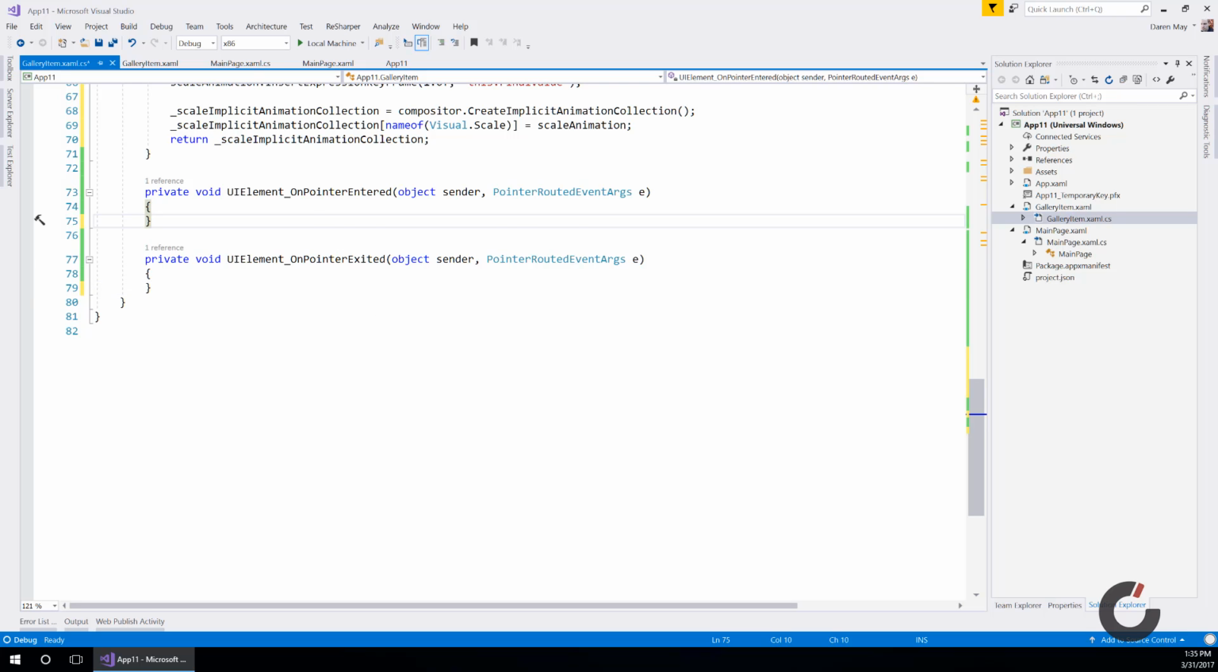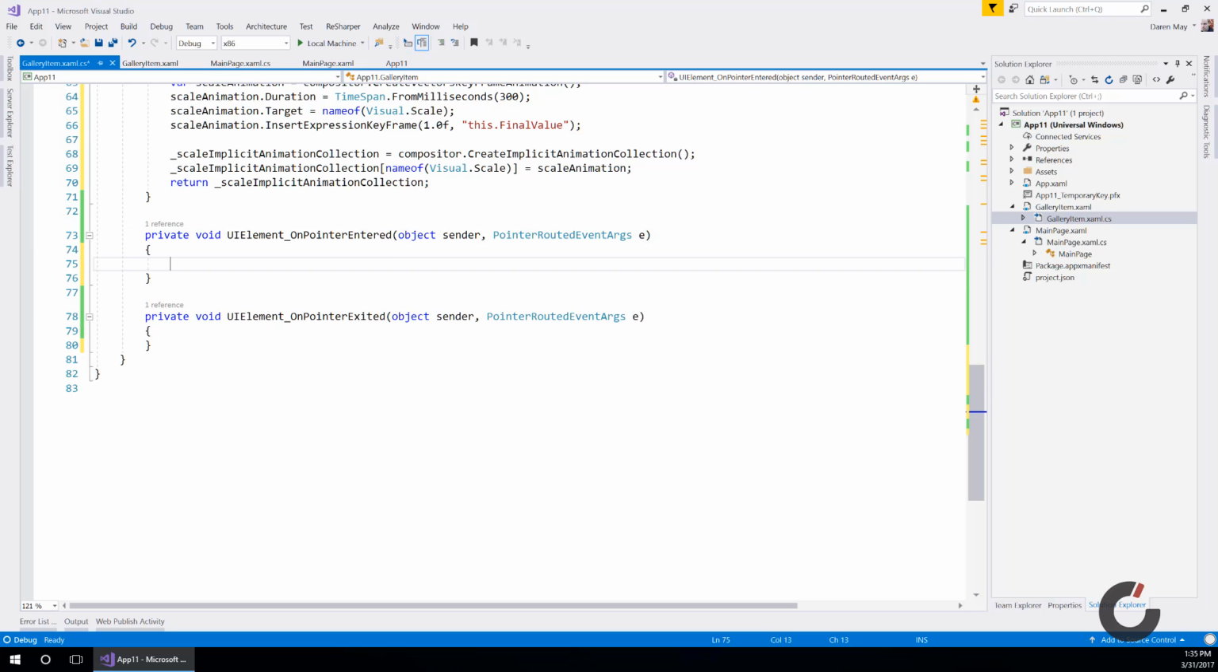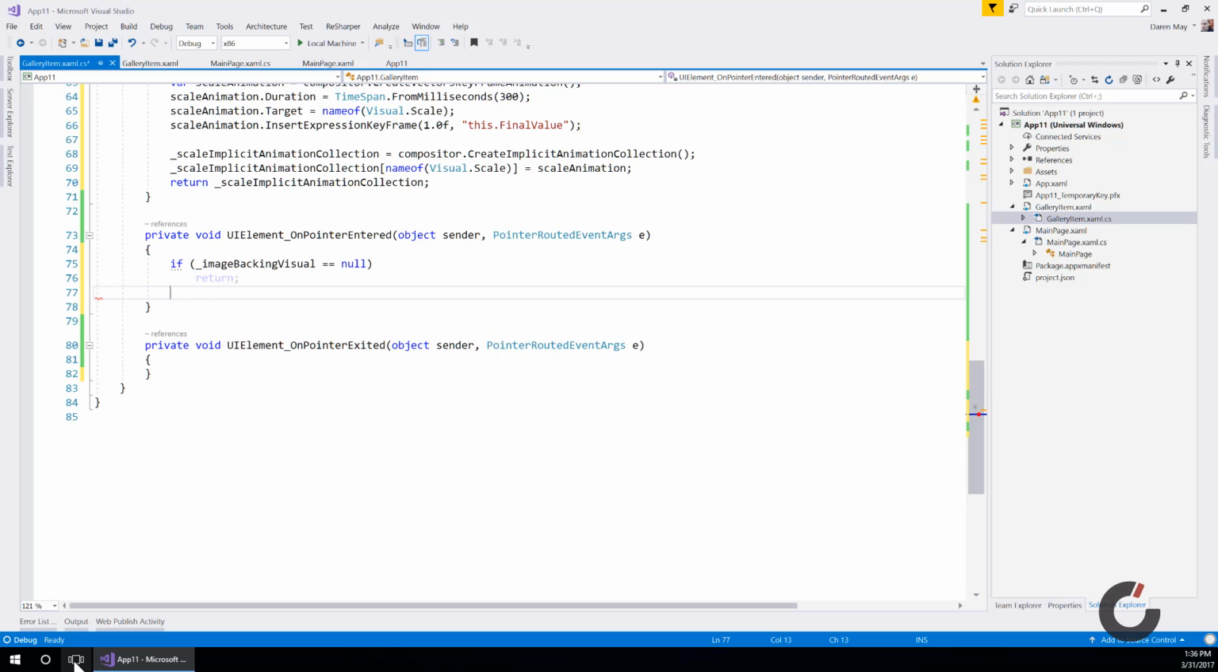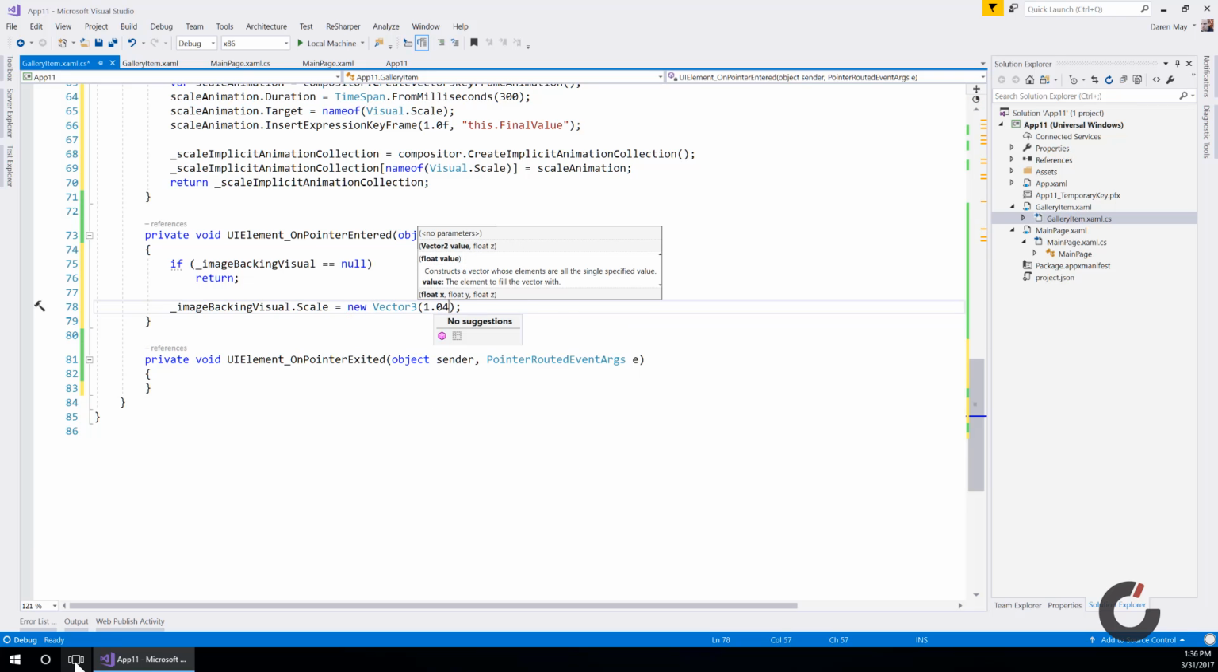and look at how we can apply a change. So onPointerEntered, we want to turn around and first of all make sure that we've got our backing visual set. So if our image backing visual is equal to null, let's just return. And then we're going to apply a change. But this becomes very, very simple. Because we have an implicit operation that's monitoring changes to this, if we turn around and say, immediately change the scale to 1.1,